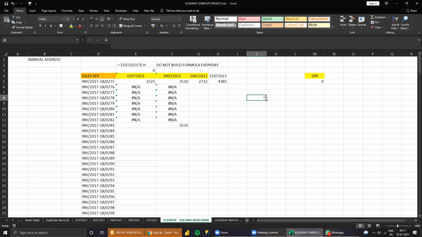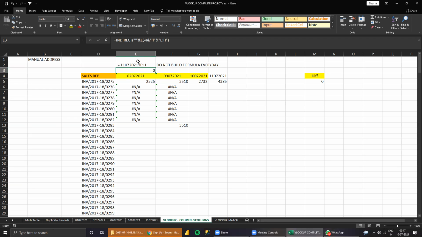Anand sir, sorry sir, can I ask you to repeat once more the INDIRECT formula which you applied here? I got the first one correct. This one, I'm getting a little bit confused: why are we putting the single quote, sir? The single quote, see, it's a formula.